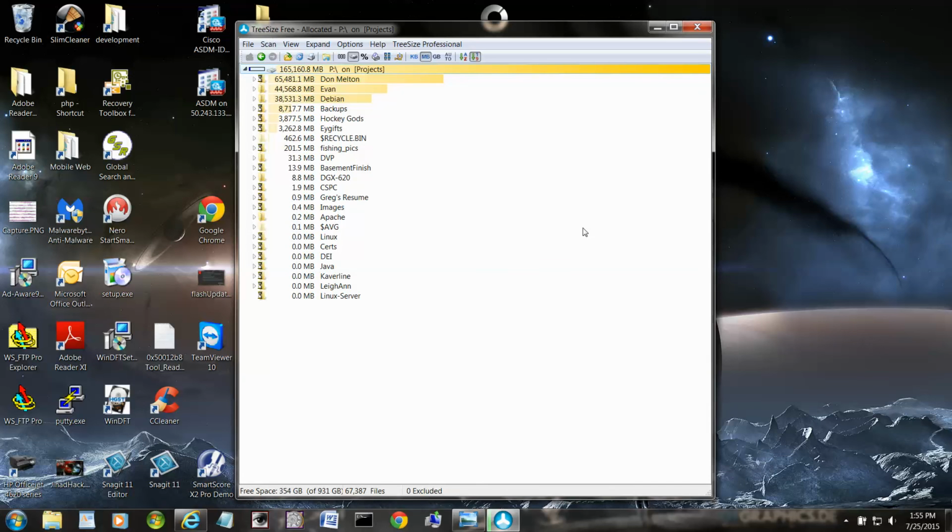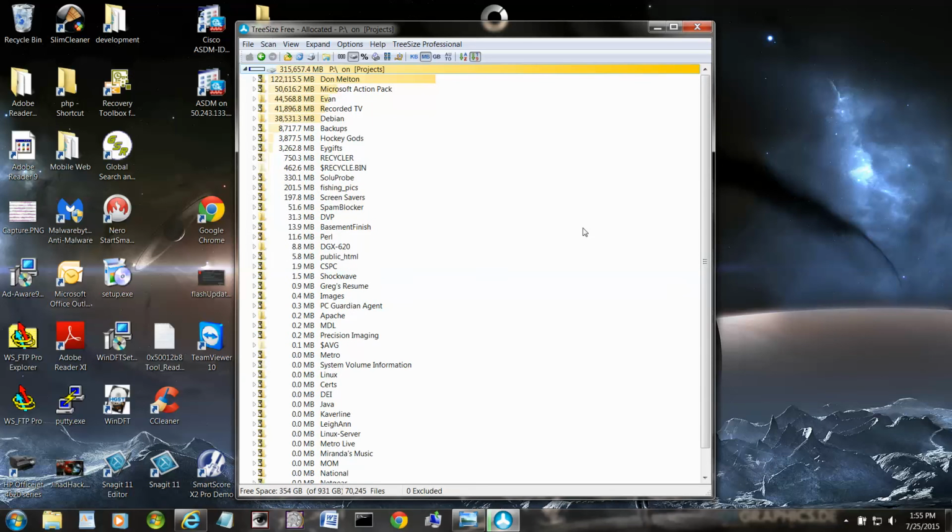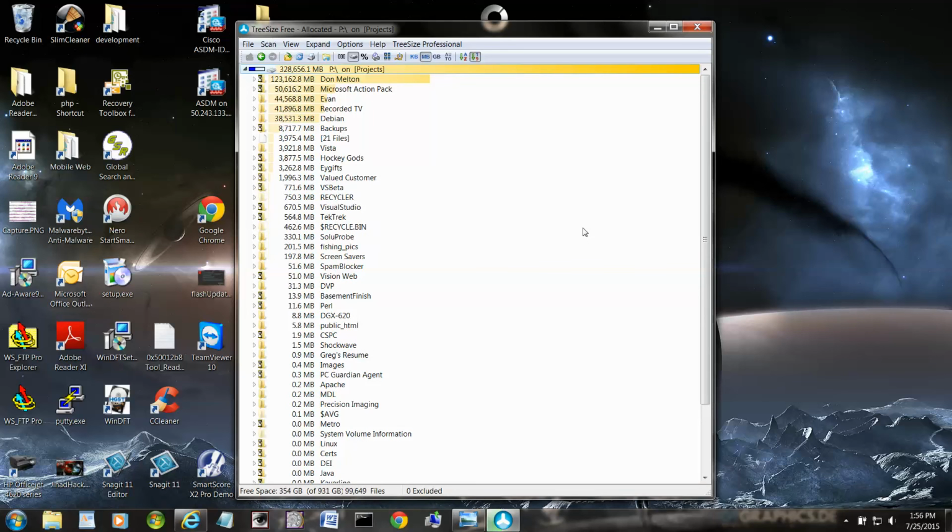You can see all the little hourglasses there on the folders that it's working on. But this is an excellent tool for tracking down where all that disk space is going. And I'm already seeing here